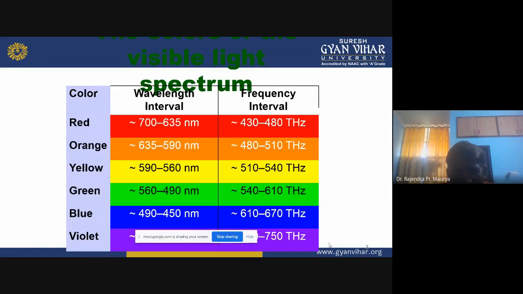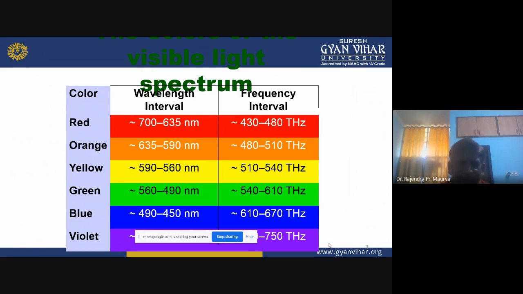Here, based on the visible light spectrum, I would like to discuss the wavelength intervals and frequency intervals. On the left-hand side, you are looking at the different colors, VIBGYOR, and that information you will also see on the next slide.